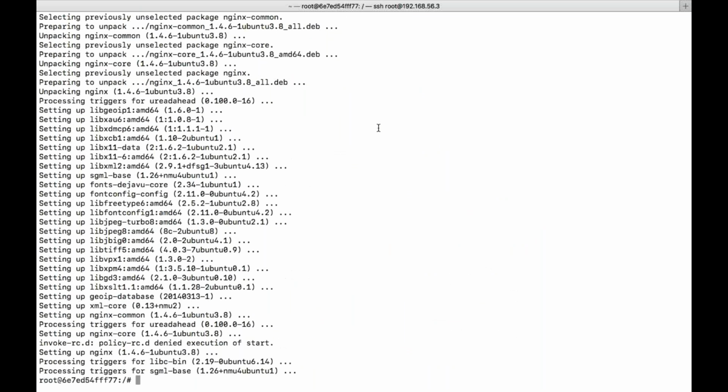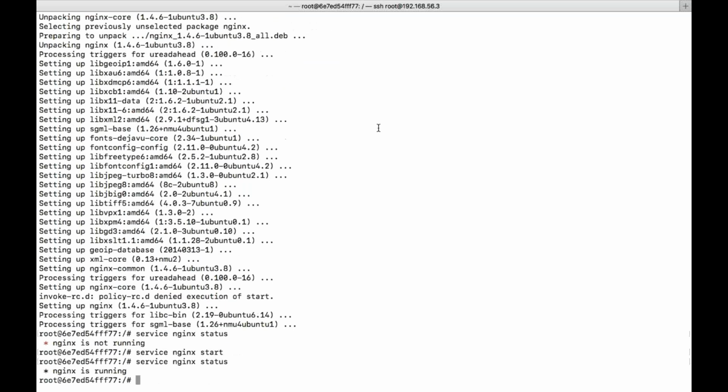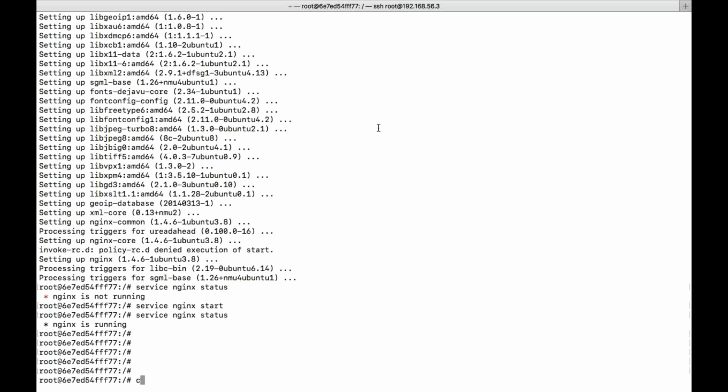The service, not running. Let's start. It's running right now. If we use curl localhost, one is not available, just install.